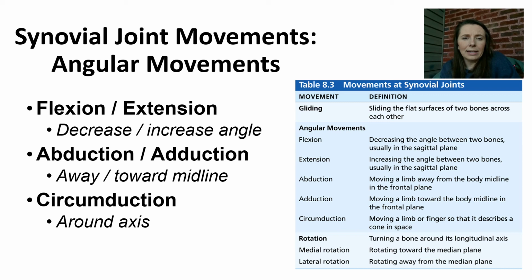The next type of movements are angular movements. So the subtypes of angular movements are things like flexion and extension, which either decrease or increase the angle,